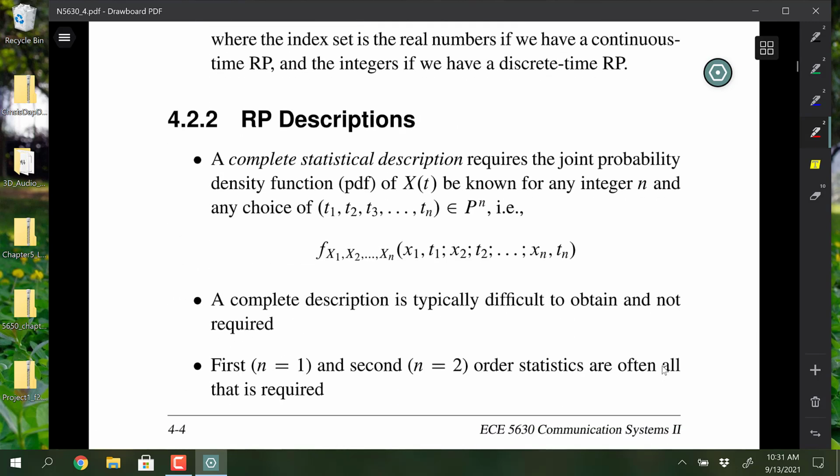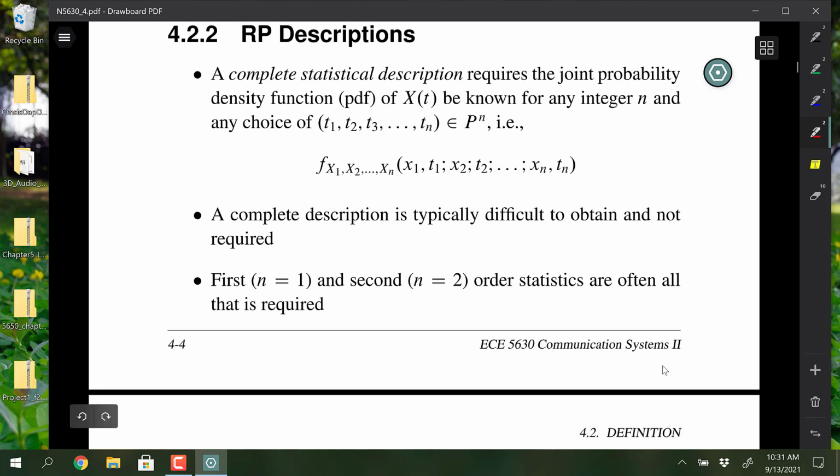So formally, a complete description of a random process requires a joint probability density that can go up to n